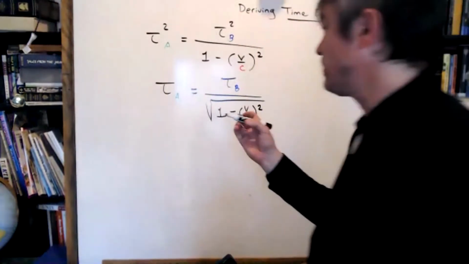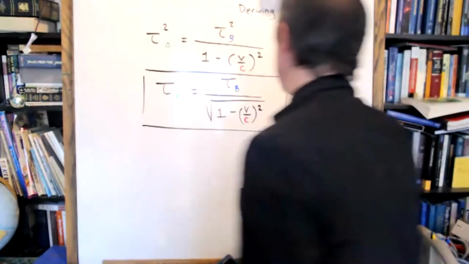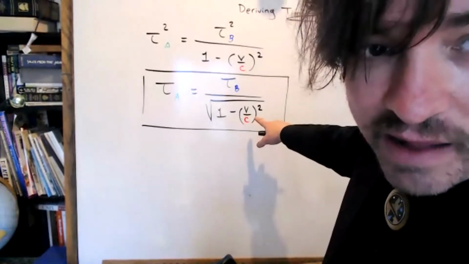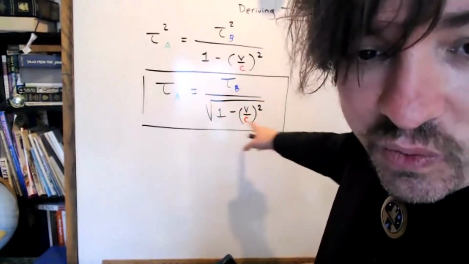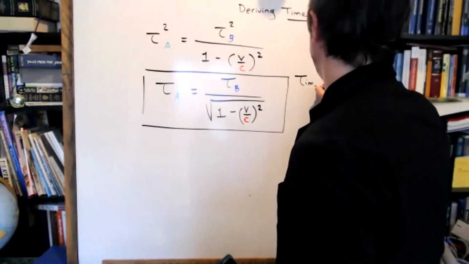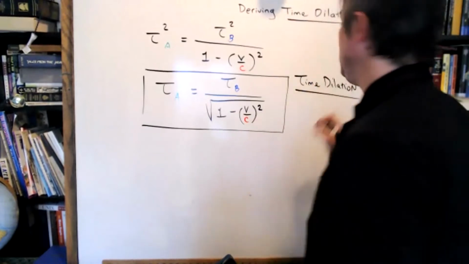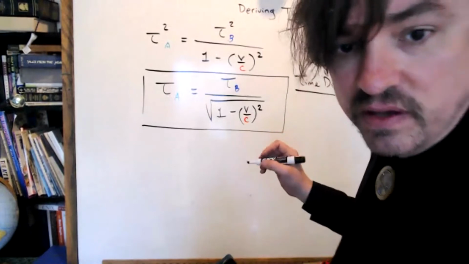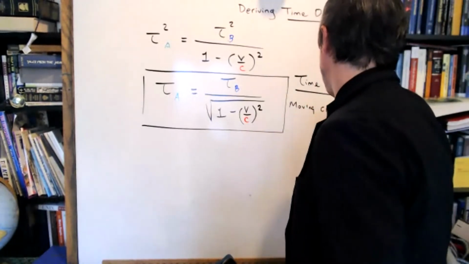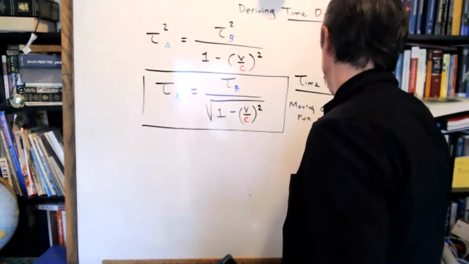The first time I learned the equation for time dilation, it was presented to me like this, and I thought, what the F-U-C-K? How did Albert Einstein figure out radical 1 over v minus c squared? That blew my mind. This is the equation known as time dilation. And what it means for people who have ears or people who can understand math, it means moving clocks run slow.